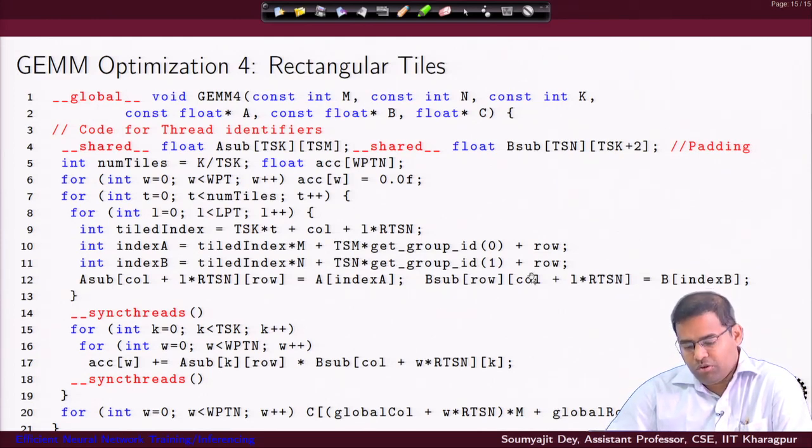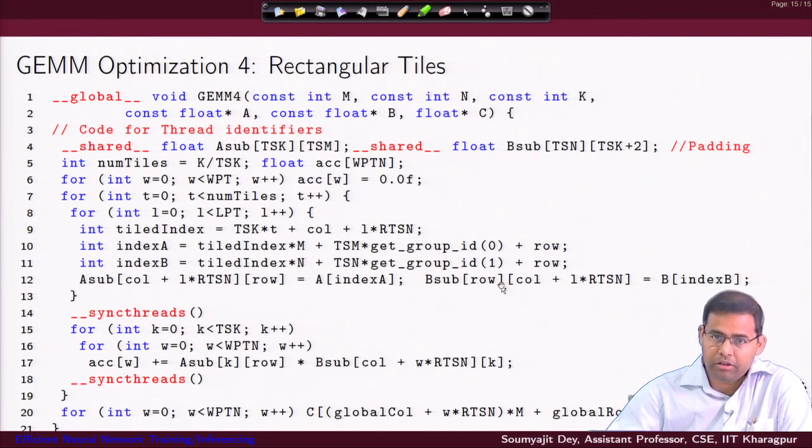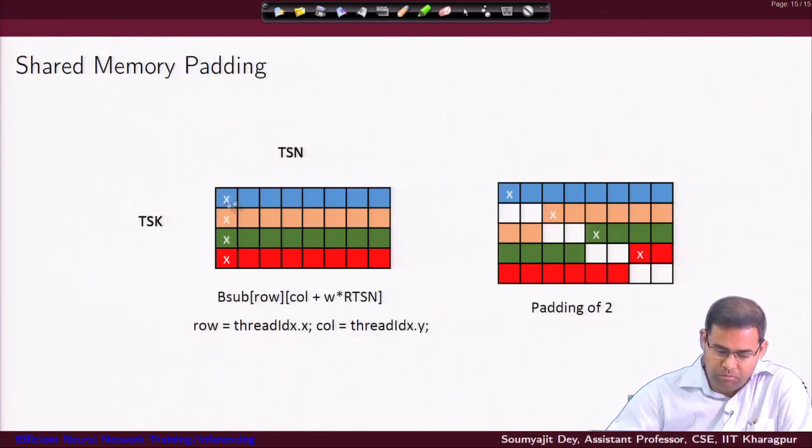Now, once you have switched columns here, the problem comes with respect to the warps which are going to access this shared memory. Just look at the way the warps are going to access the shared memory. When you are accessing the shared memory B sub, you are moving by columns, because this is just for alleviating your issue with the storage. But now, when you operate on the data from the shared memory, you are accessing first by columns, and then your warp moves over to the next k, right. Now, this would give you a problem, because you will have a lot of bank conflicts.